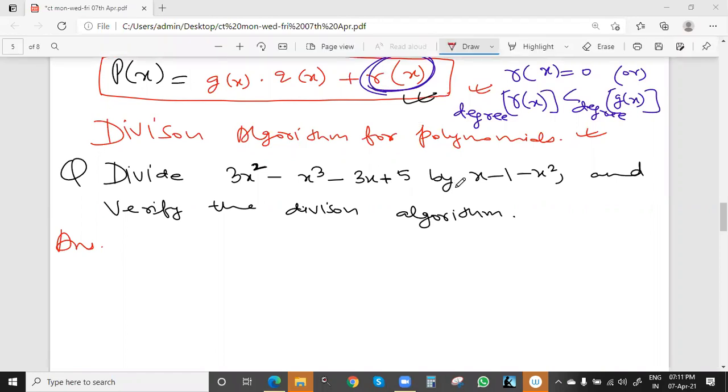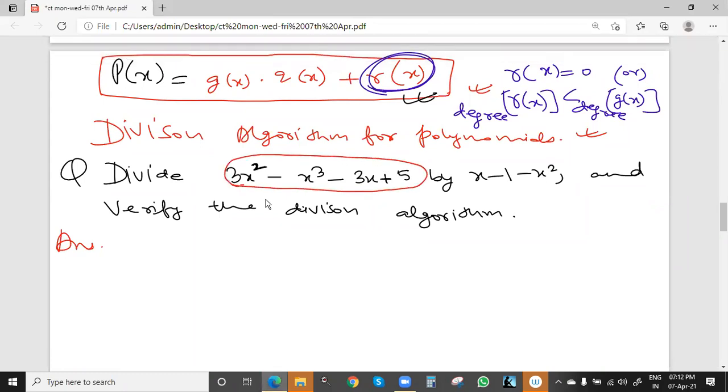Actually, the question is very easy. We just have to arrange in proper sequence. What is the sequence? Always in descending order, or decreasing power of x, for px also, and then gx also. This is the main polynomial, or higher polynomial, px, a polynomial in terms of x, and its degree is not 2, the degree will be 3, the maximum power of x. This is gx, the divisor, this is the dividend, and its degree will be 2, not 1. So we have to arrange in proper order, and then we can divide to get the answer.